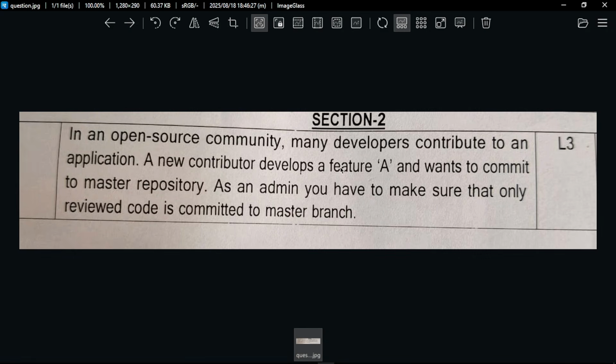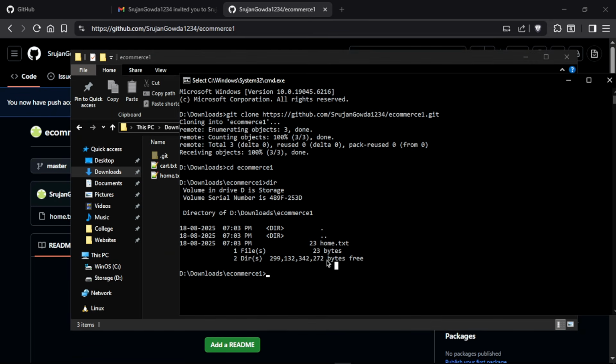Because we have completed, see, we have developed a feature. Admin has also created the repository. Now we have to send it, right? So we have added ourselves as a collaborator also. This much is done, right? Now what we need to do is